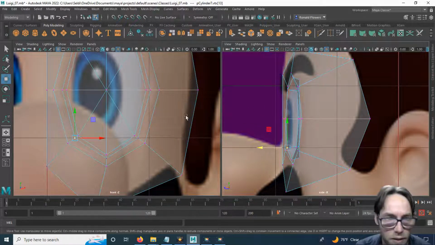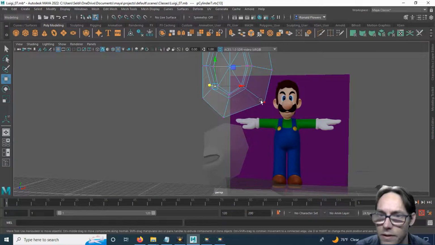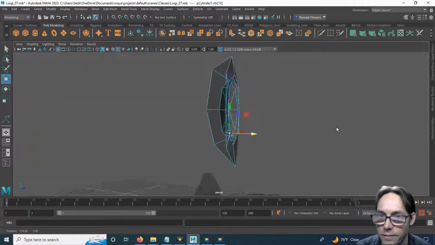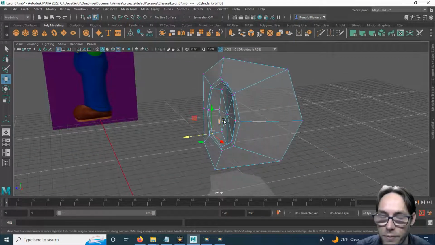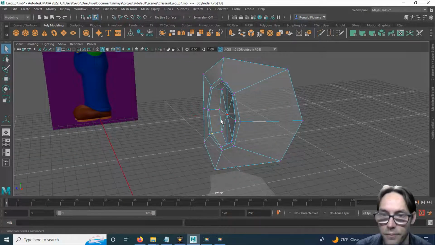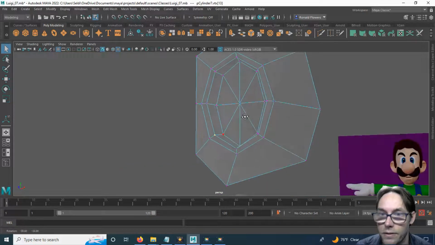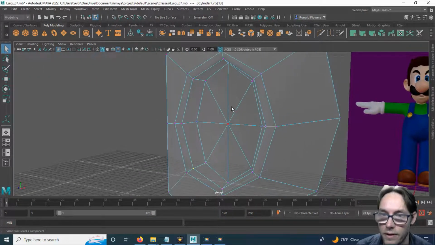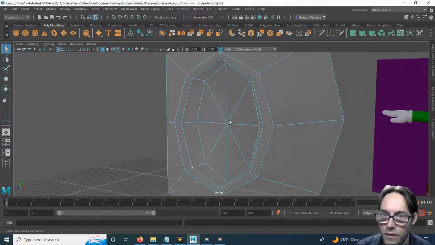Now let's go to our perspective view. I'm going to click the perspective window. And let's see what that looks like. That looks like Luigi's eye. A little bit bent right here because the eye is going to bulge like a circle. So to get that circular shape, I take this